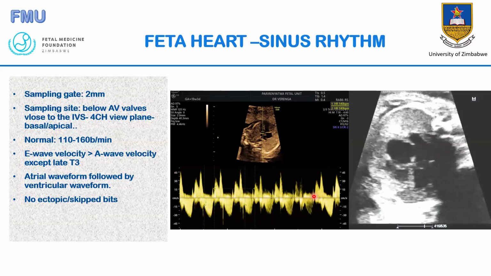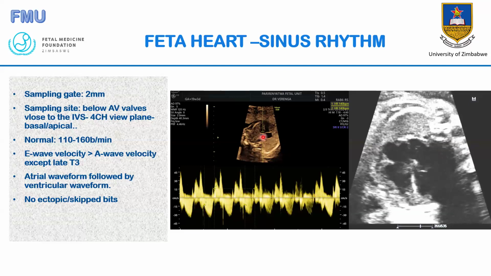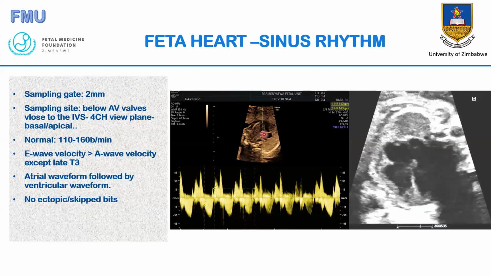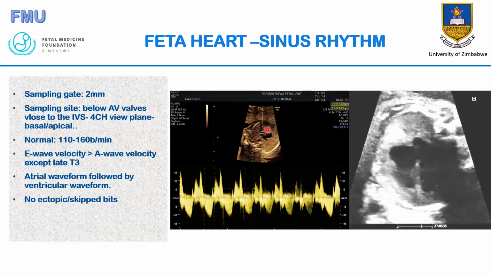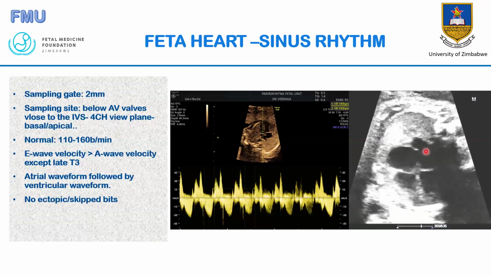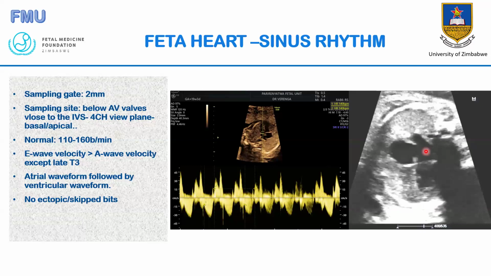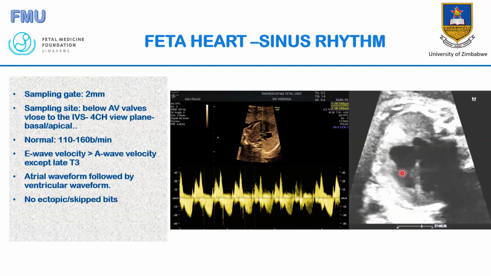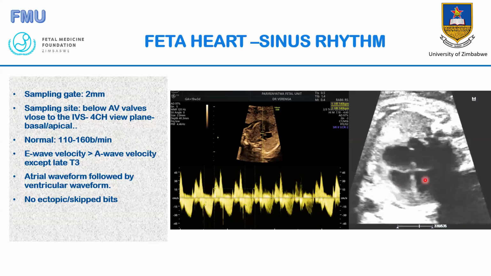So if we check this heart tracing, where we are putting the probe in the right place, this is where it should be. I could have put it here also, just underneath the tricuspid valve. So the right place is here, where there is a beating heart, underneath the tricuspid valve or underneath the mitral valve. But when you place it closer to the interventricular septum,